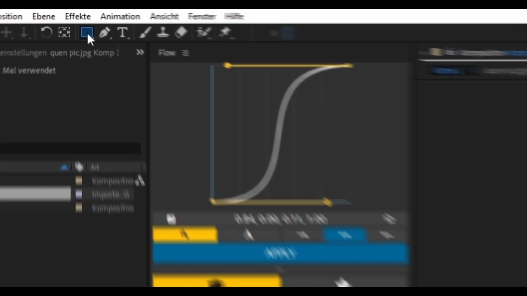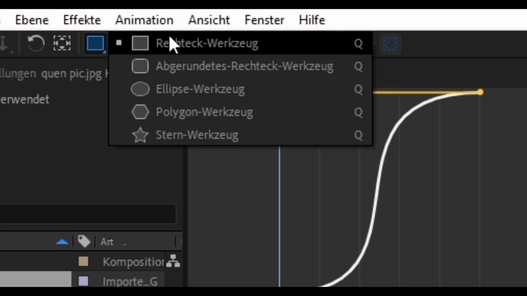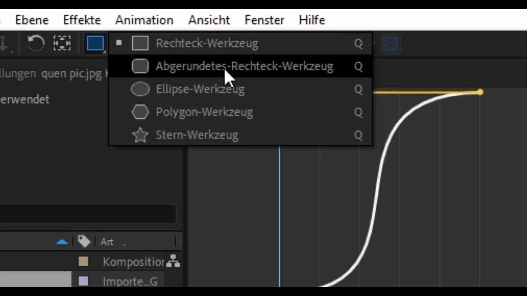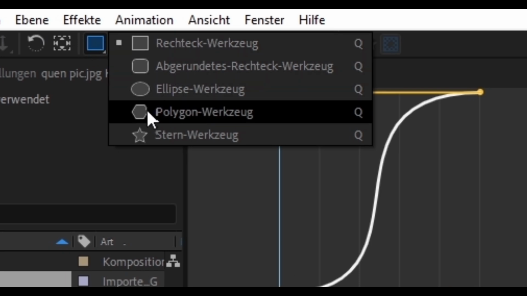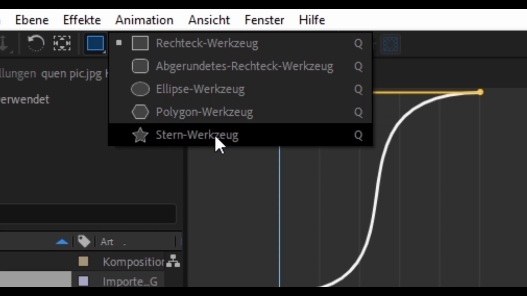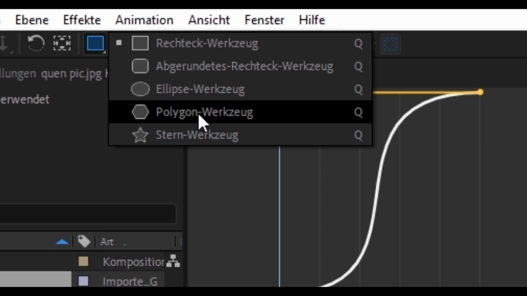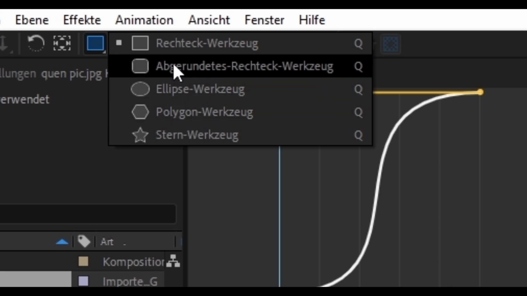Then if you go up here on the masking tool, you can see we have rectangle. We have a rounded rectangle. We have circle. We have this polygon. I think it's in English polygon as well. And we have the star. For this video, we're going to work with the polygon, but to be fair, you can use any type of